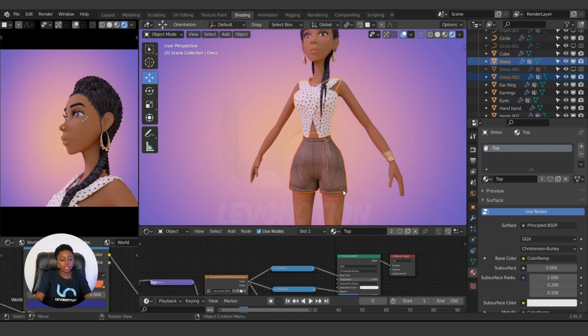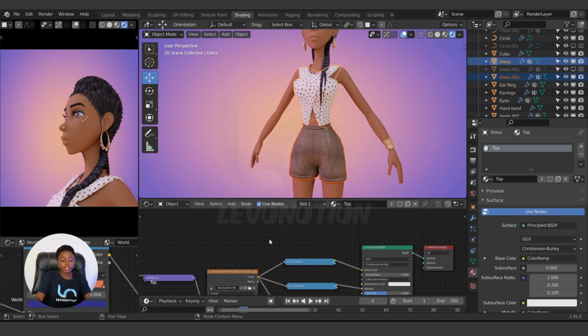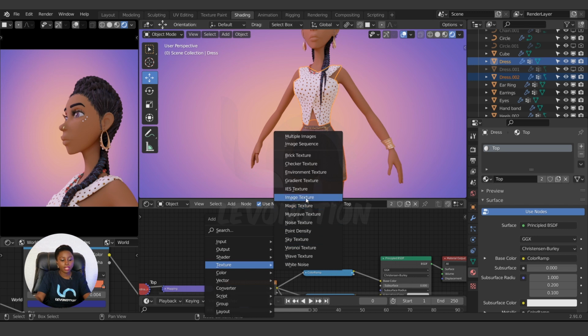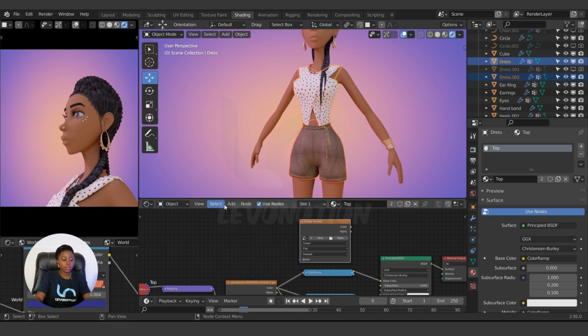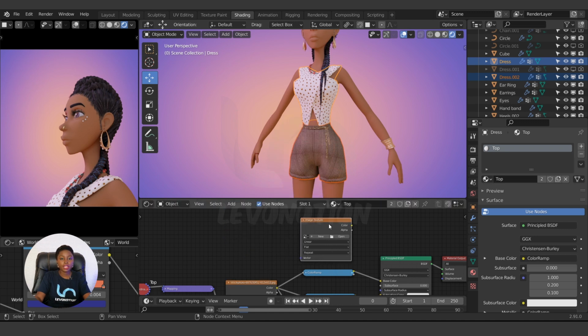So let's go back to shading, and now after you have your good UV, the next thing you need is the image texture you want to bake to. So let me just come here, Shift A, under texture, image texture, or you go to add texture, image texture. So now we want to bake the color.